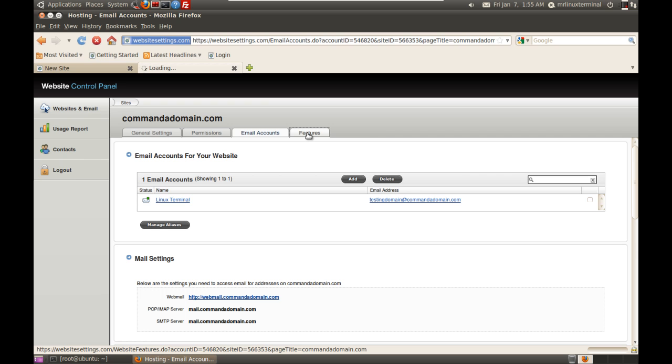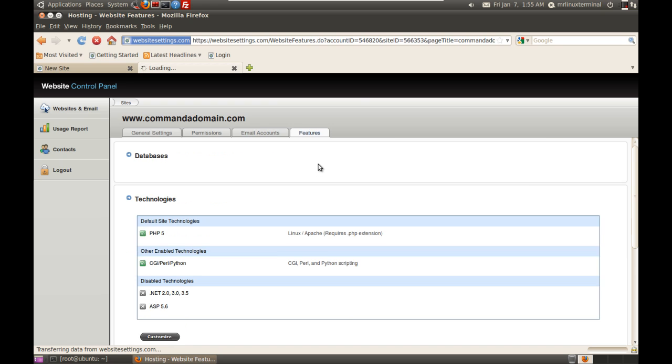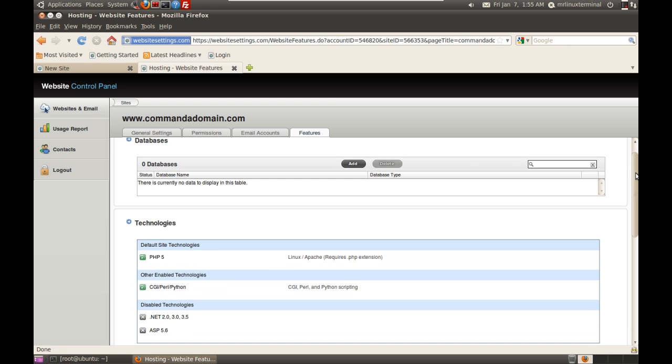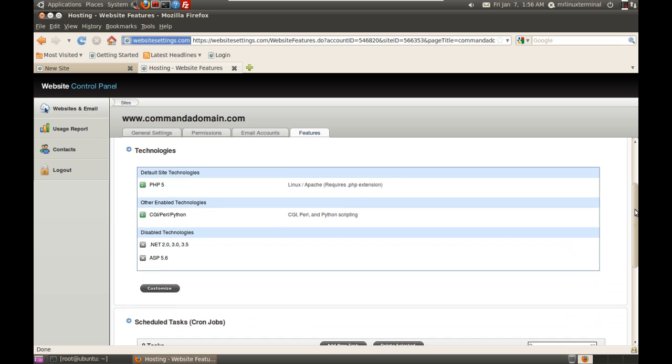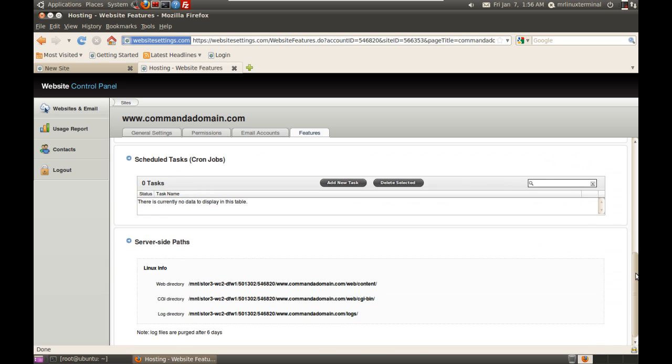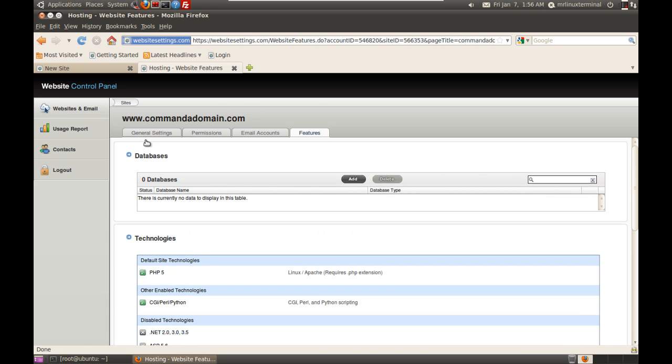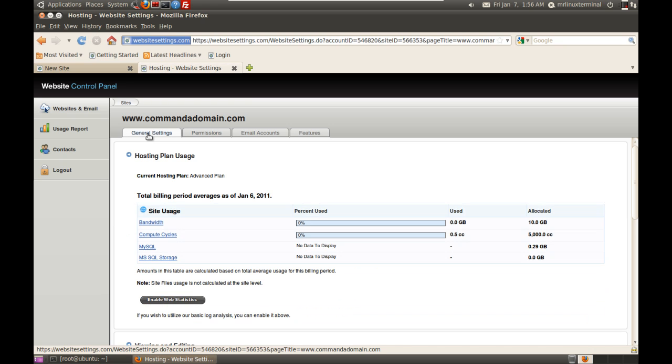Features. Here is where you can also create your databases. Taking a little while here. There we go, and you can see your default technology, which mine is set to PHP. You can also schedule cron jobs, and you see your relative path to the site on the shared server. So now what we're going to go ahead and do, if you click on General Settings,